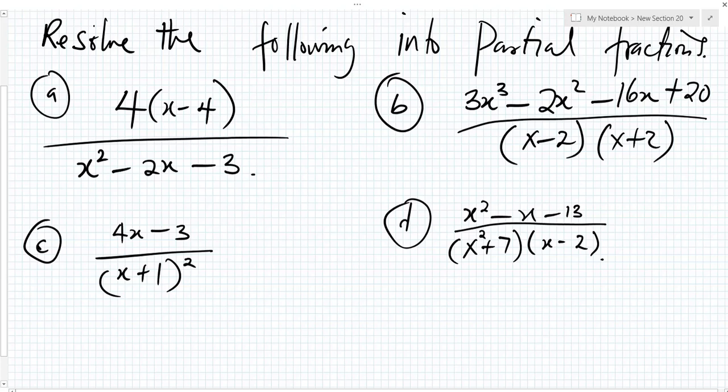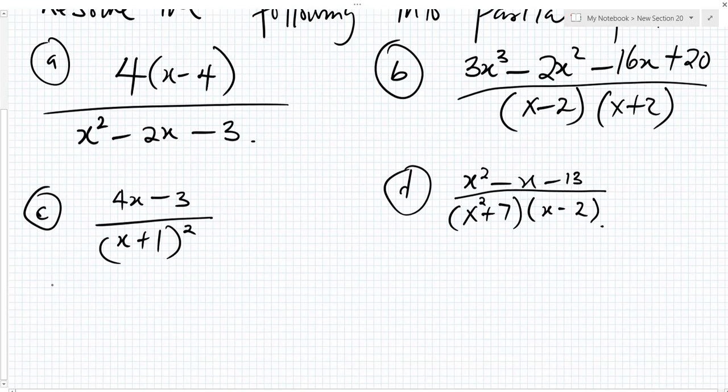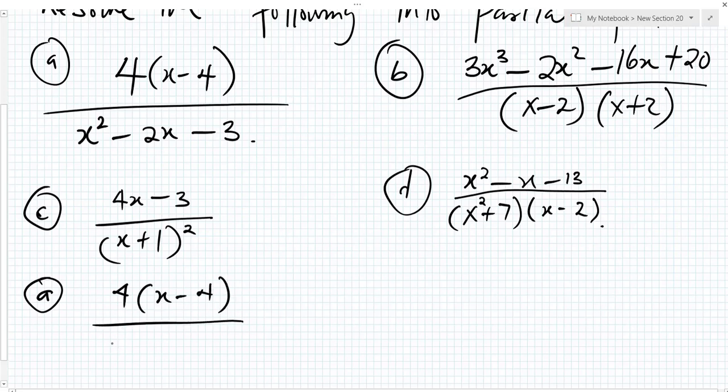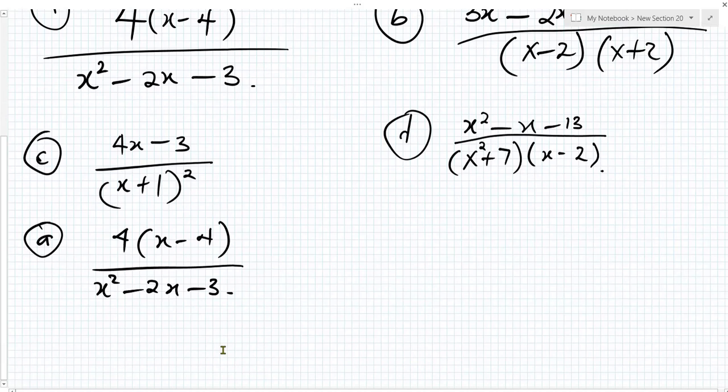Resolving the following into partial fractions. Let's deal with problem A. You have 4 into x minus 4 all over x squared minus 2x minus 3. So what we'll do first for this one is this: